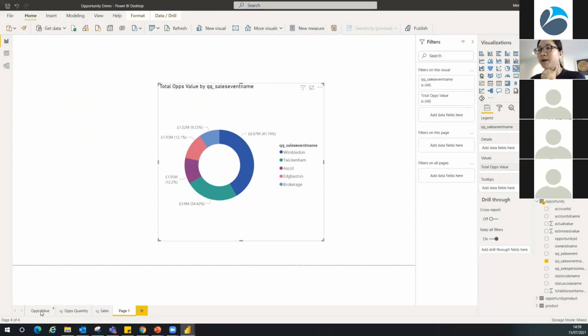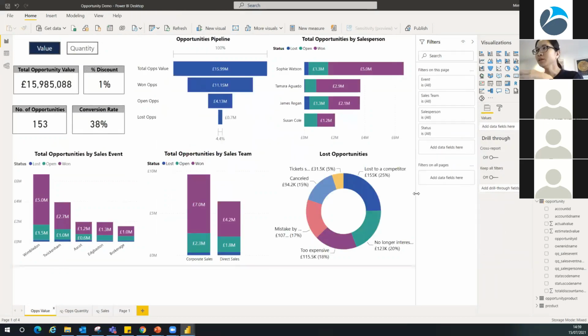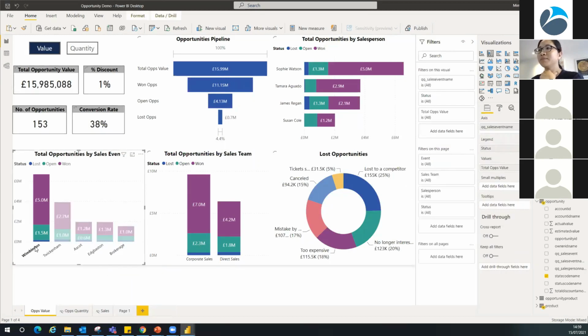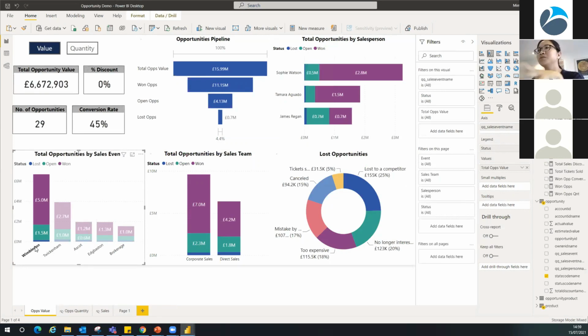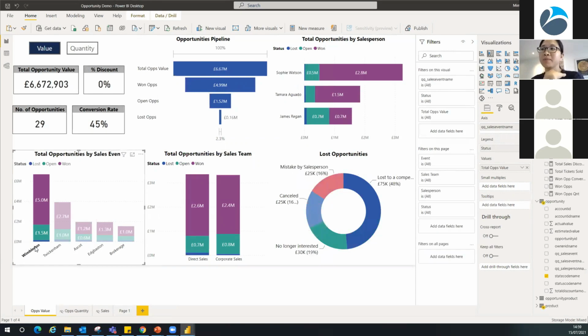And once you have finished the report in Power BI Desktop, you are able to publish it to Power BI service. I have published this report to Power BI service, and I'm going to show you this report from Power BI service. Basically the experience of Power BI within Power BI Desktop is not that much different from the experience in Power BI service.